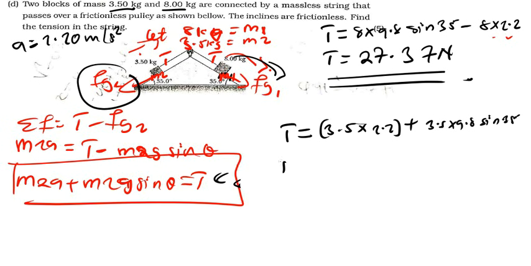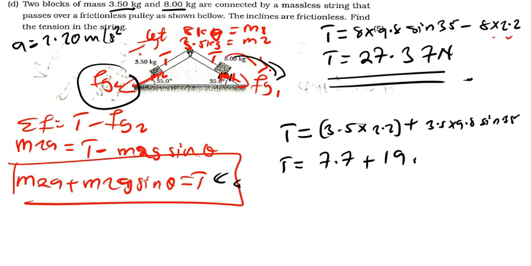So T will be equal to, now we have 3.5 times 2.2, that is 7.7. So we have 7.7 plus, again we have 3.5 times 9.8, that is 34.3. Now this times sine 35,